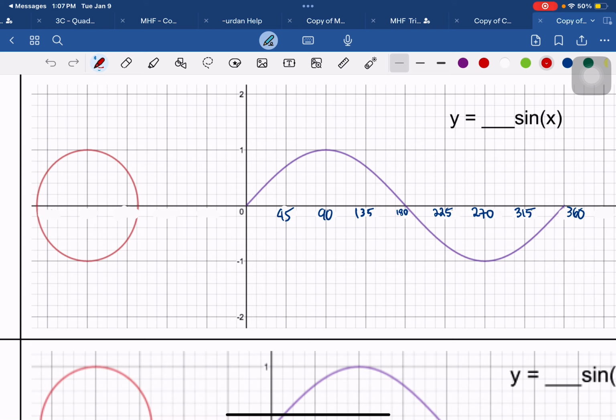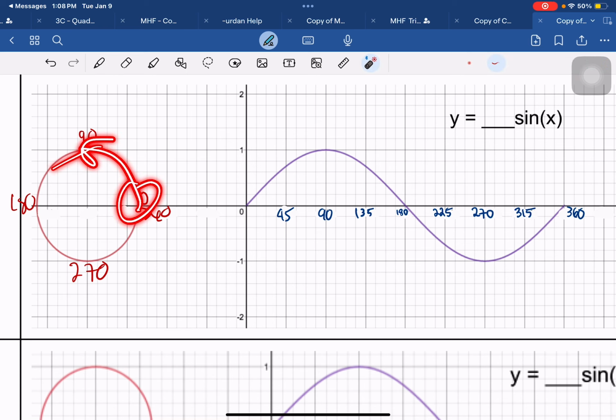So the graph of sine x, we know that the value of sine depends on the y value in a unit circle. So 0, 90 degrees, 180 degrees, 270 degrees, and then it finishes a revolution at 360. So for example, we start here, we rotate there, we rotate there, we rotate there, and we rotate there. What we're going to do is look at these rotations